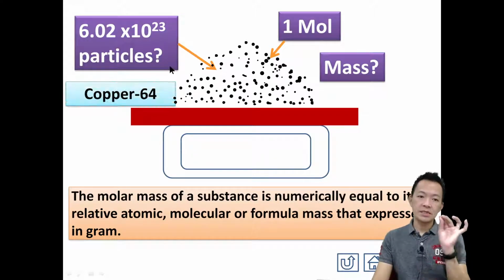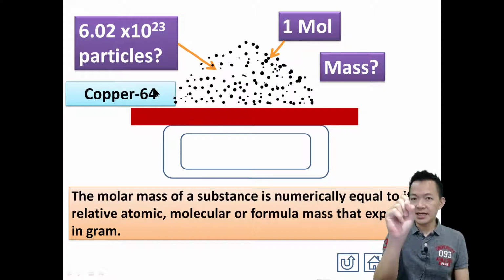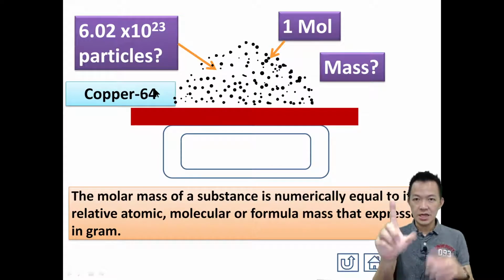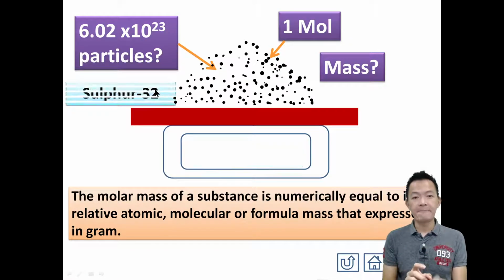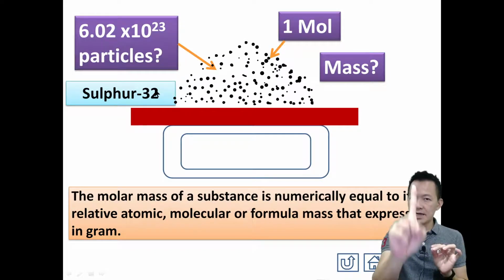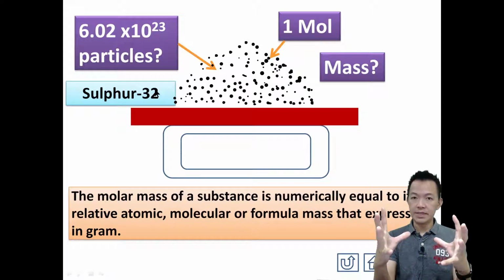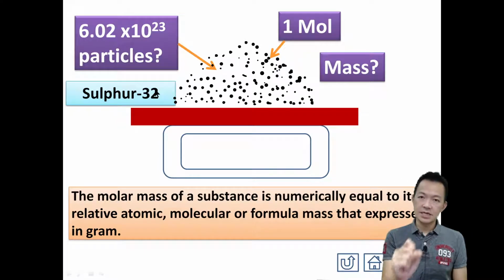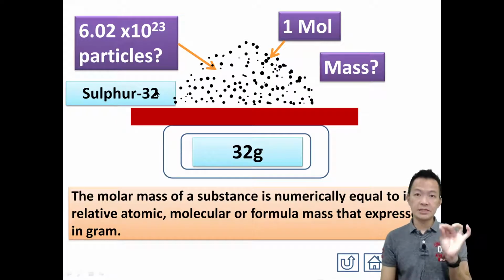Or they say the substance X is equal to copper 64. Okay, so 1粒的 copper 64，它的质量等于64. Any unit? No unit. Why 64? Because the mass is equal to 64 times of 1 per 12 of the carbon 12 atom. Still remember? So 1粒的铜64，1 mole 的铜64 gram. Add another gram. 加多一个 gram 给它。明白吗？再来。Let's say this is sulfur 32. 1 sulfur 32 atoms, the mass is equal to 32 lah. But 1 more sulfur 32 equal to how much? 32 gram. 加多一个 gram 给它就可以了。